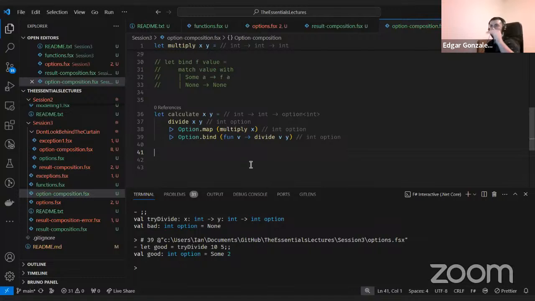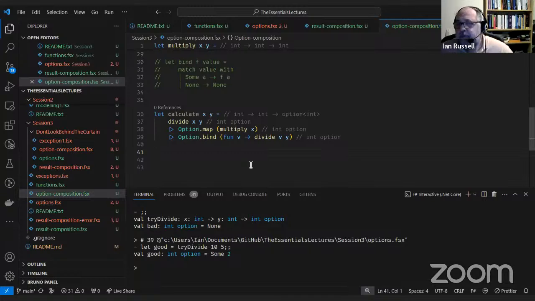With bind, I want to pass the result of that function to the next bind, and the next bind, and the next bind. And when I want to access the actual value that has been mapped into the options, I will use option.map or result.map, and I will get the result from the map, and then I can just get what I want.